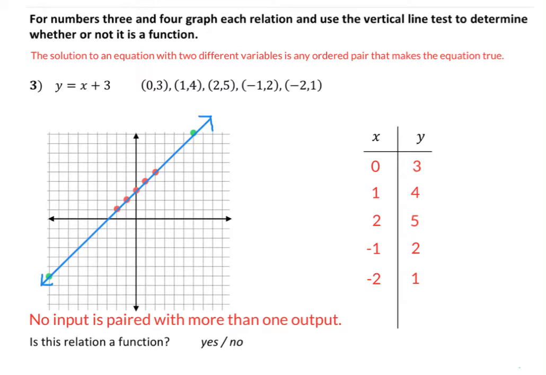What makes these problems different is that they involve an equation relating the input or x value with the output or y value. In math, almost all meaningful relations will be shown in the form of an equation or an inequality relating the input and the output. We need to know that the solution to an equation with two different variables is any ordered pair that makes the equation true. So I've listed a number of different ordered pairs, and they've all been graphed on our coordinate